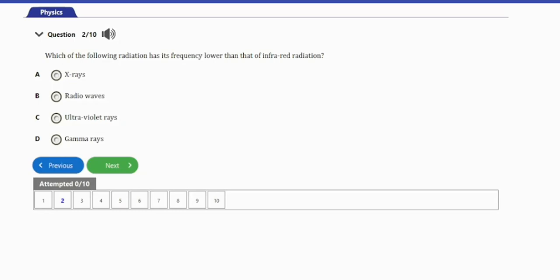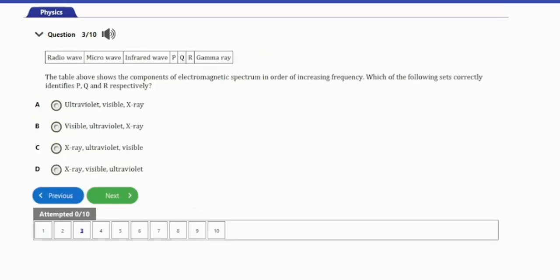Let's go ahead and consider the next question, question number 3 here. It says, the table above shows the components of electromagnetic spectrum in order of increasing frequency. Which of the following sets correctly identifies P, Q, and R respectively? We have option A, ultraviolet, visible, X-ray, option B, visible, ultraviolet, X-ray, option C, X-ray, ultraviolet, visible, option D,